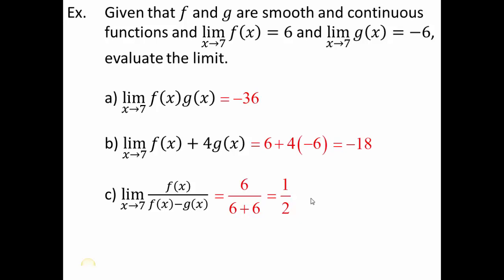But not everything is smooth and continuous. Not everything is well-behaved, so occasionally we're going to need some more advanced techniques. So consider the function y equals (x squared minus 4) over (x plus 2). Once again, we have a rational function. We looked at a rational function a couple of examples ago, and we determined that as long as we stay within the domain, we have a well-behaved function, and thus we can evaluate limits just by direct substitution.